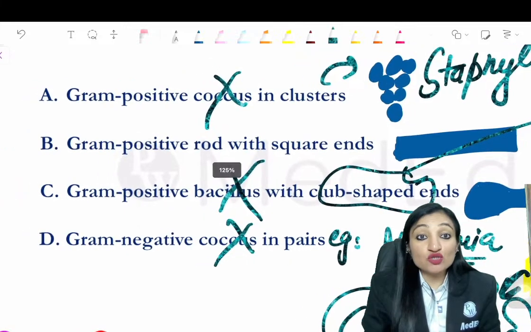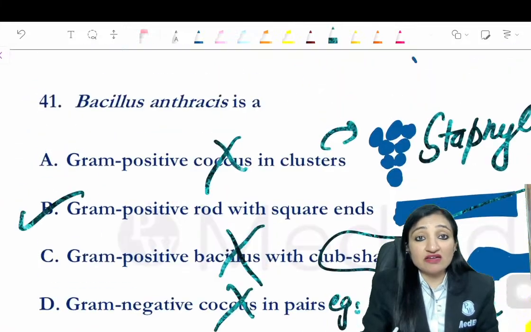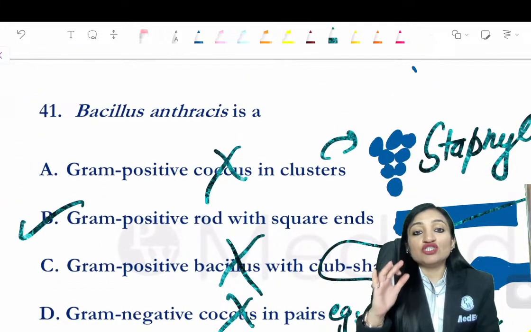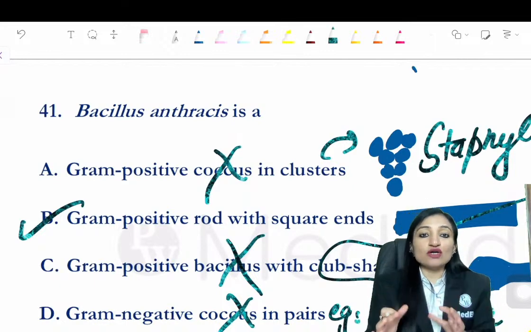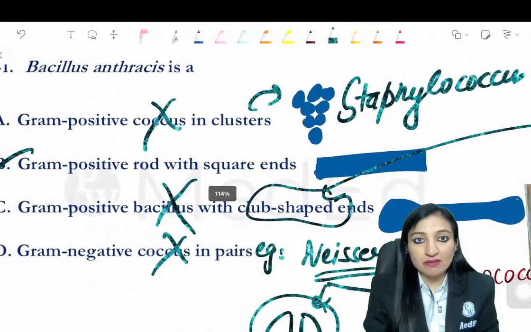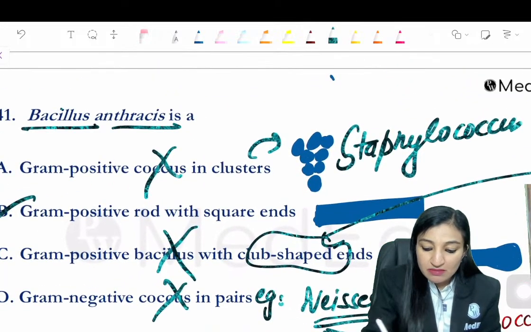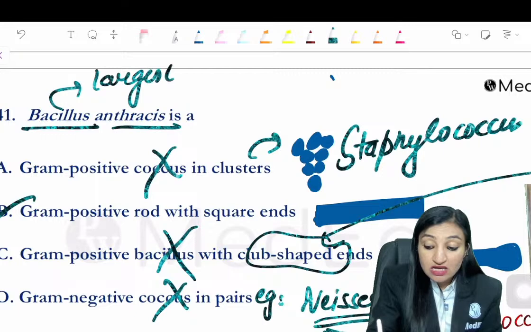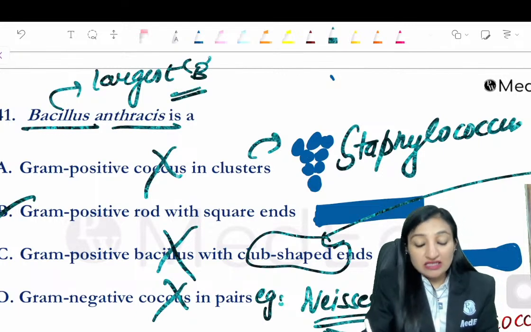So what are we left with? Gram positive rod with square ends. Yes, the genus Bacillus definition is that it is a genus of gram positive rods or gram positive bacilli with square ends, as I have drawn over here schematically. Bacillus anthracis, remember, this is the largest bacterium,